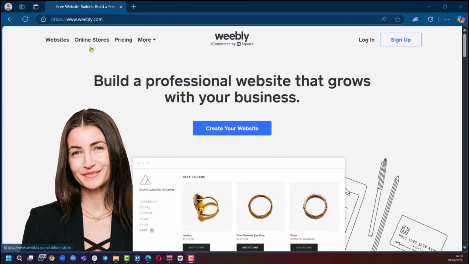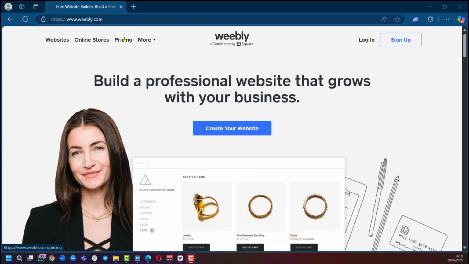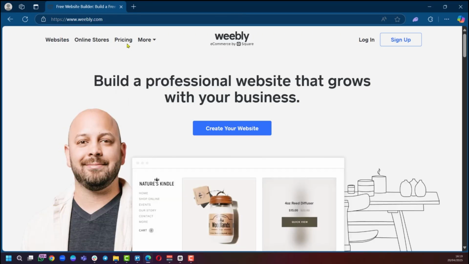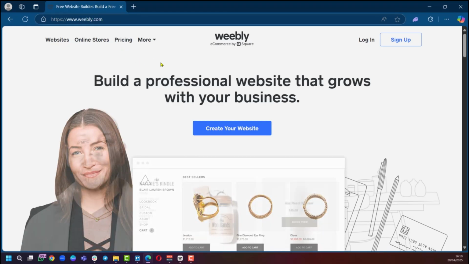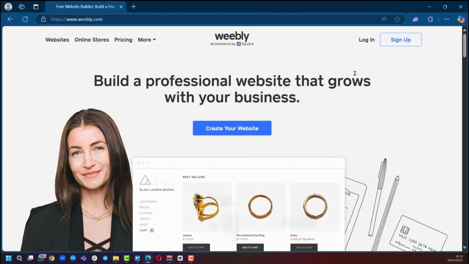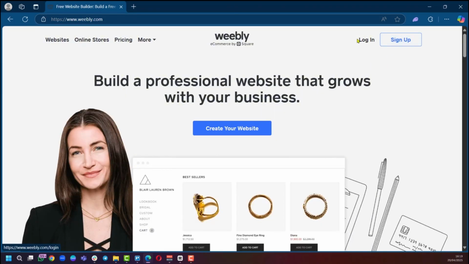So right here at the top, when you get to Weebly, you can see at the top left corner, you have websites, online stores, pricing, and more. And you can see some other options right here. The pricing could be an important aspect for you to look at in case you want to break some more barriers and use some more paid features. And right away, we'll be going over to the top right corner where we have the login and sign up option. Of course, if you don't have an account, you want to click on sign up,